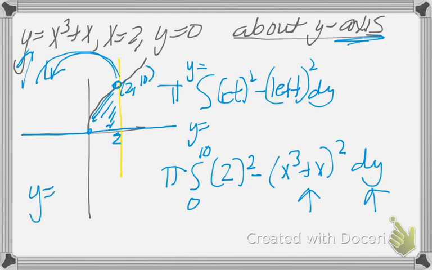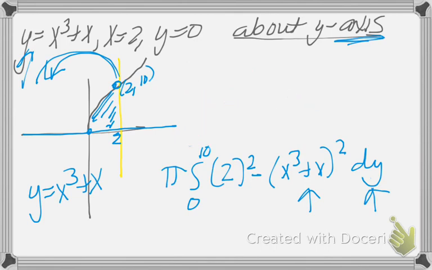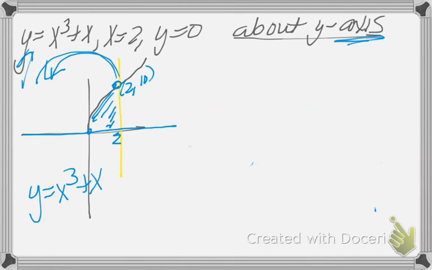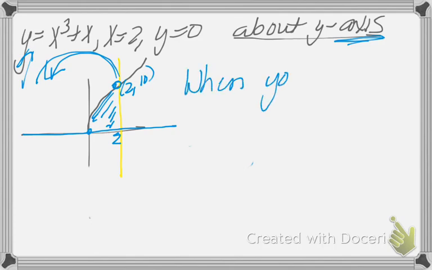We have y equals x cubed plus x, and we need to solve for x. And now this is a new problem because we can't solve for x. So what do you do if you have to go around the y-axis, but you can't solve for x? Okay, so this is something new. This is a bit of a problem. So I'm just going to write down when, so you know when to use this. So when, you should copy this, you must